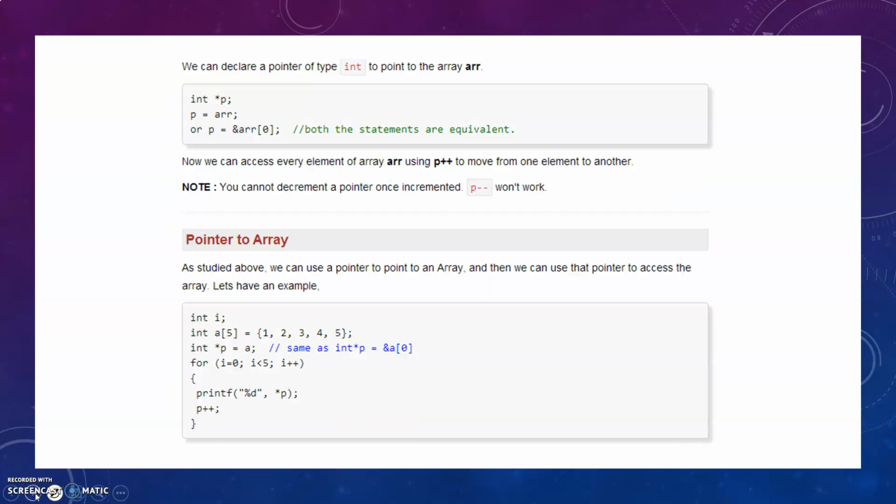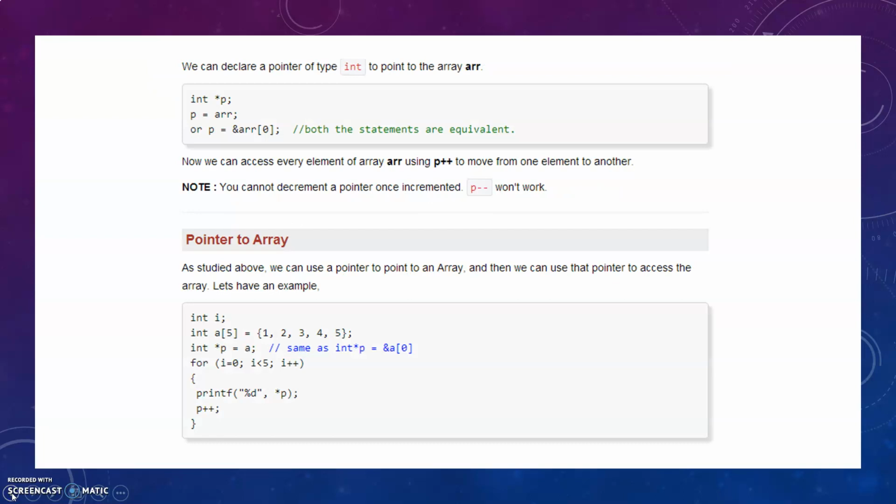Okay. Come to the next part. We can declare a pointer variable. We can declare a pointer type to point to an array. Again the same case, int *p, and we are taking p = ARR or p = &ARR[0]. Suppose here I have given a pointer to an array, and it is the same as that. How will I point an array to it? By taking a for loop, and again the same process, no change is there. And in the last case,